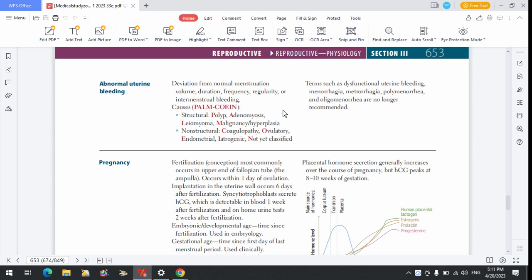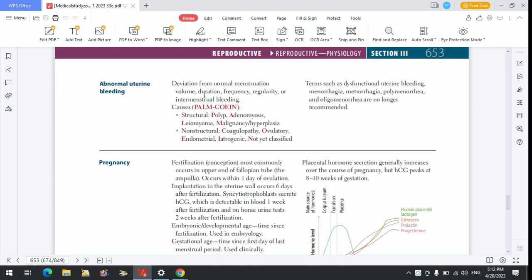Then there is deviation from normal duration. If the normal duration should be averagely, let's say, 28 days, between maybe 25 to 35 days. What's the normal range? Are you talking about the menstrual cycle? Yes, the cycle, not menses. The menstrual cycle is 21 to 35 days. But what I'm actually talking about here, I made a mistake,